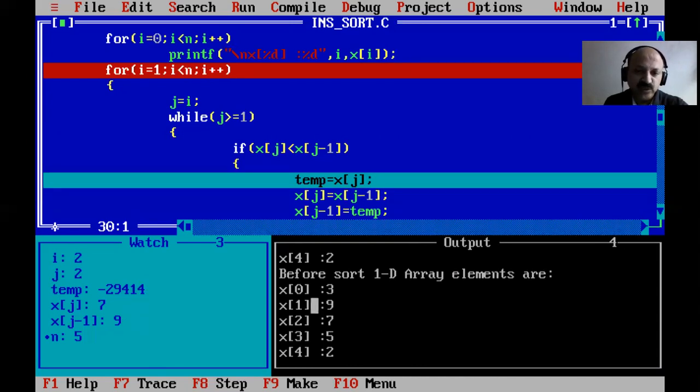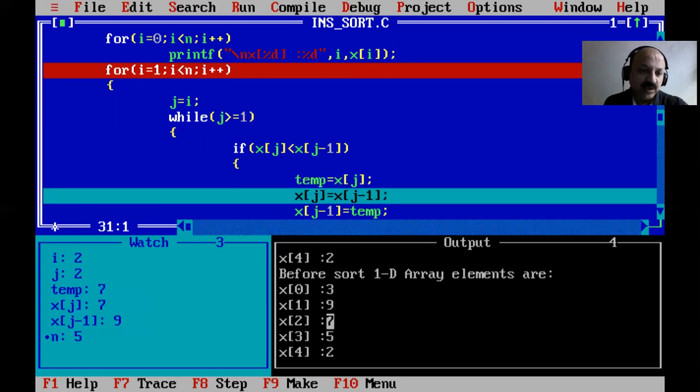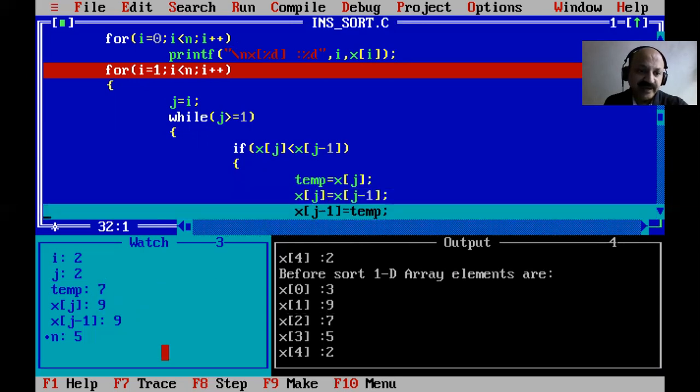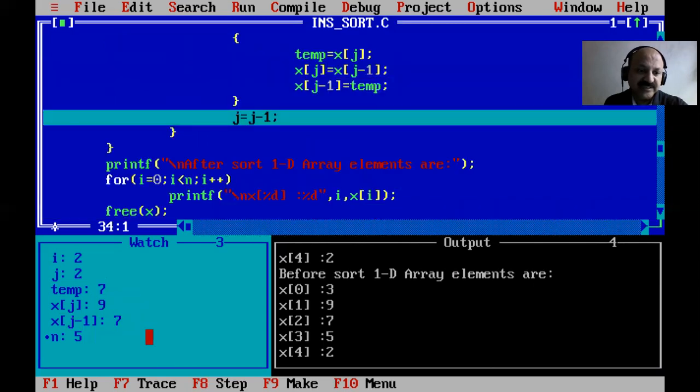Now temp is holding the first element, 7, you can look, temp is assigned 7, and then x of j at index 2 gets 9, and j minus 1 gets 7. So both are interchanged, and j minus minus.